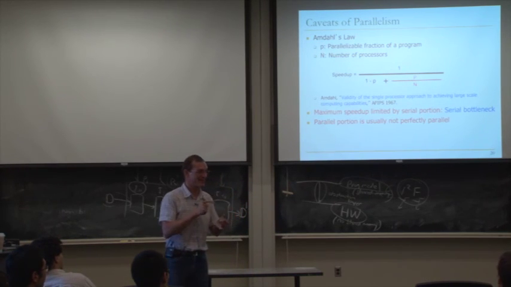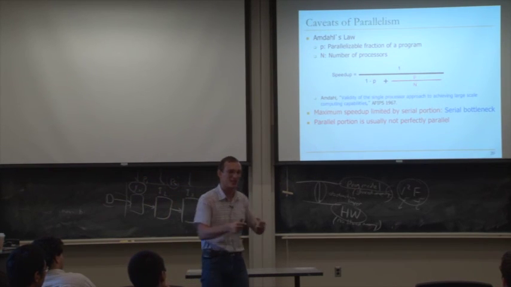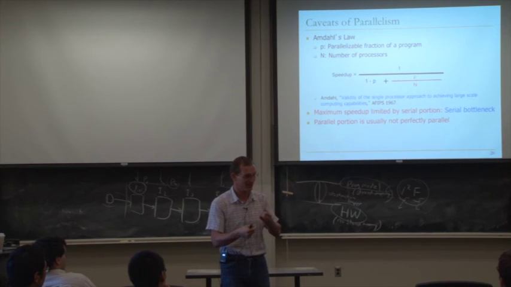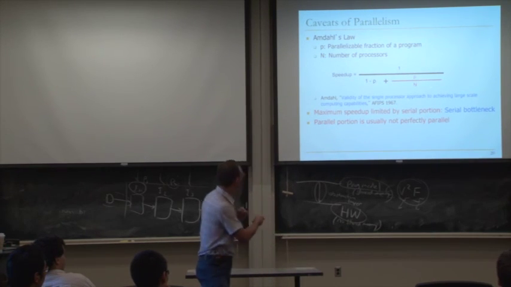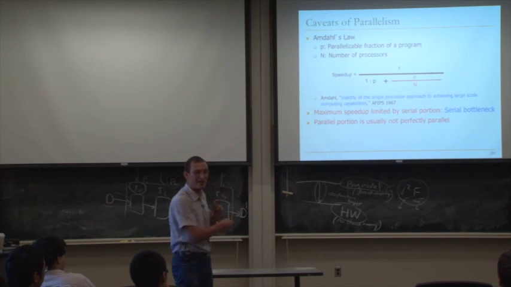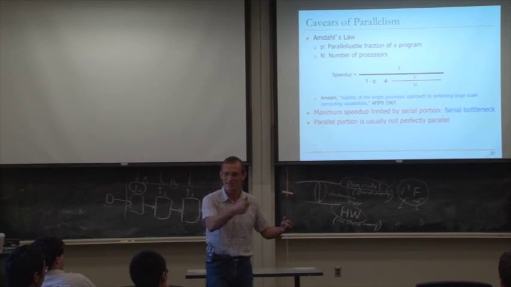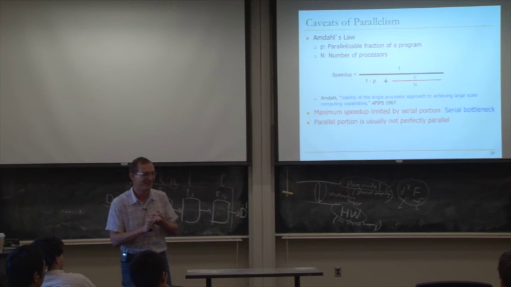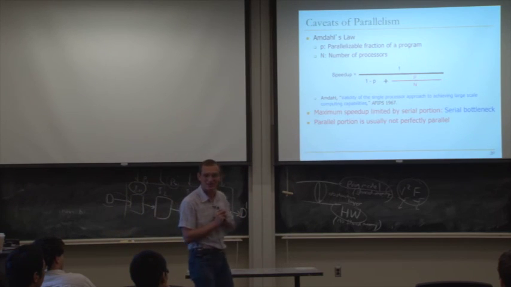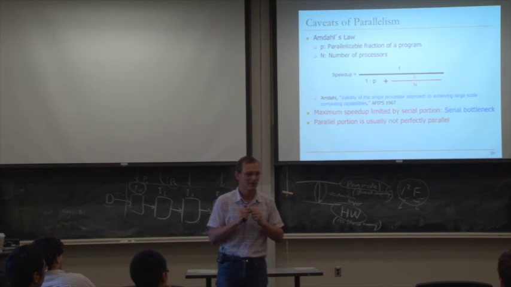That's right. The second is the synchronization overhead. If the parallel tasks are accessing some shared data, they need to wait for each other. Right? They cannot update the same shared data at the same time. And that leads to, now you cannot divide this by n again, because there's some portion of time where you're waiting for other threads to update the shared data. So that makes 2. What is the third one? That's right, resource contention. Right? If the parallel tasks are contending for a resource, now again they need to serialize. They need to wait for each other.